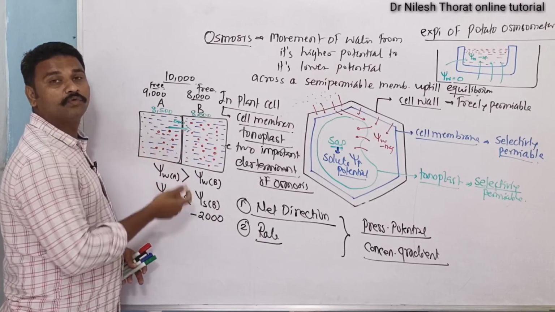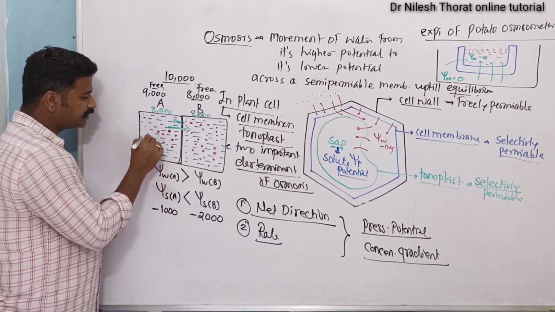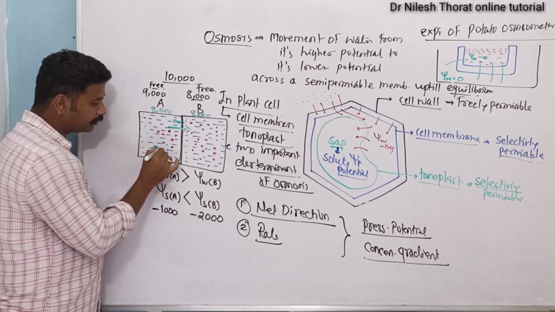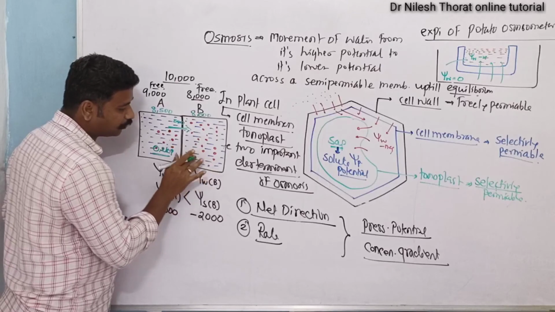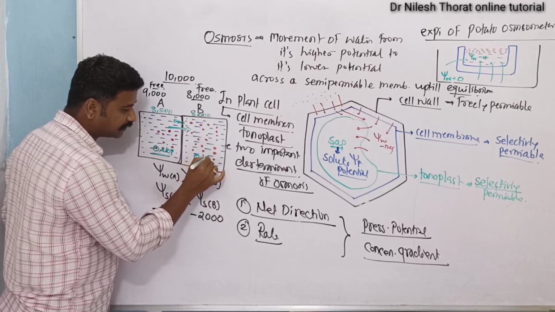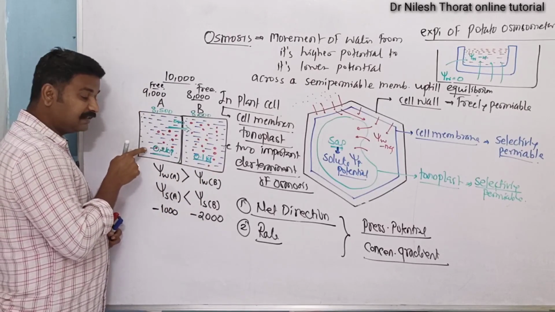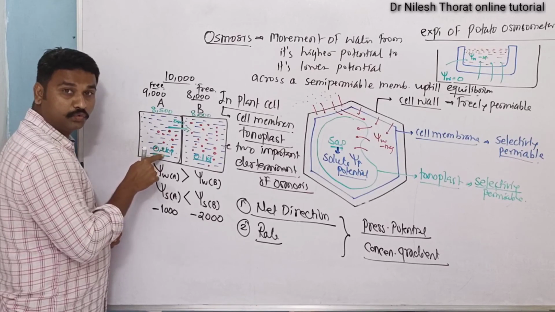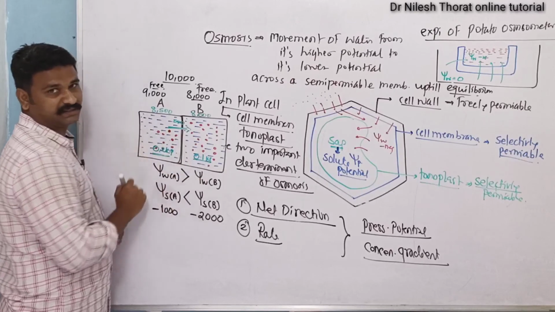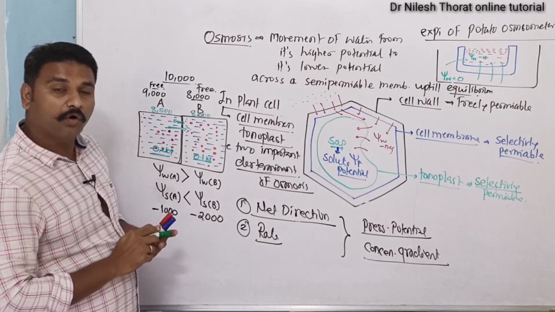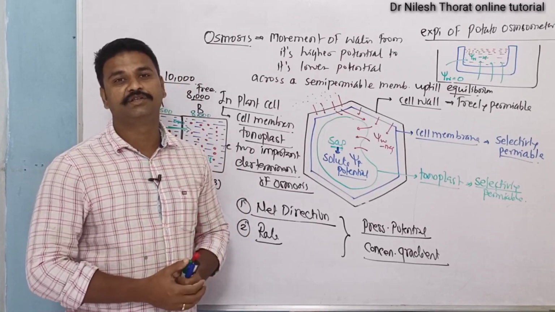Here in this particular case the water will move from system A to system B. System A has more water potential. Let's say for example system A has a water potential of 0.2 kilopascal and system B has a water potential of 0.1 kilopascal. Naturally the water will move from higher water potential, that is 0.2 kilopascal, to a lower water potential, that is 0.1 kilopascal. So do remember all these points. This is all about the movement of water, that is osmosis, in relation to plant cell.